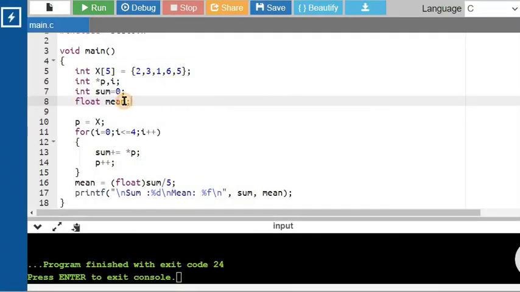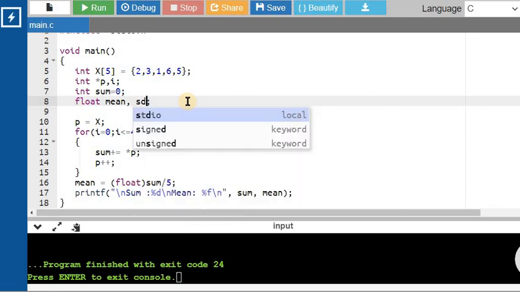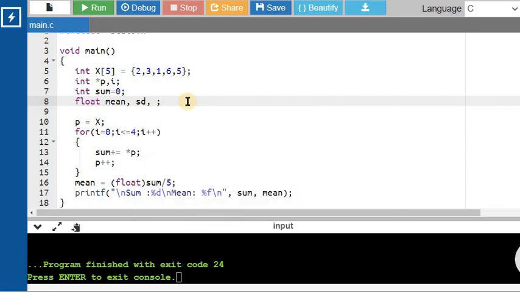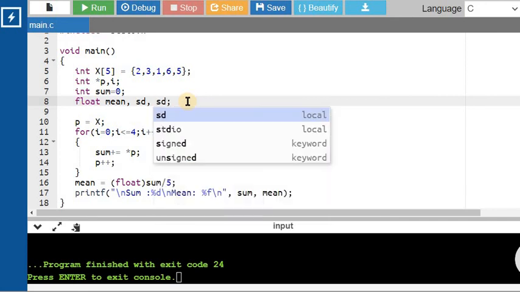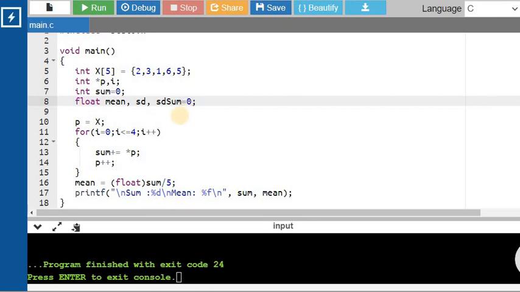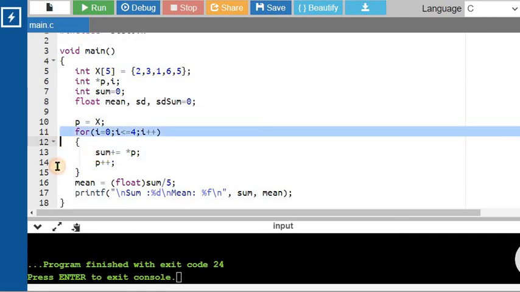So back in my program, I will declare another variable sd for standard deviation, and then in order to find (xi minus mean) whole square, I will declare another variable sd sum. I'm going to update the summation over each iteration, just like we have updated the sum of elements in the array. So I'm going to make use of a similar for loop.